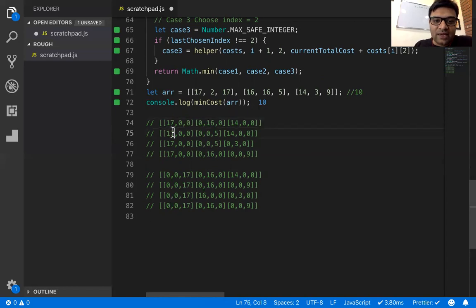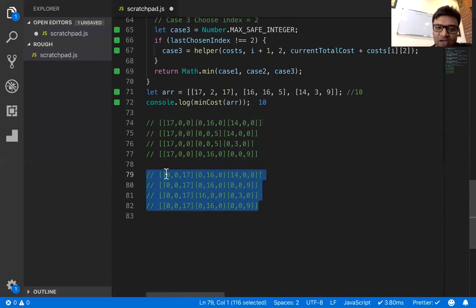All right. Then for staying at 0th index itself, it finds out what's the cost if we choose 17 and then 5 and then 14. So these are all the possible solutions if we have chosen 17 only, that is the 0th index in the matrix for the first house. These are the possible combinations that we have. Now let's come back to if we are choosing second index in the first house, what are the combinations that we are calculating? We are calculating 0, 0, 0, 17 and